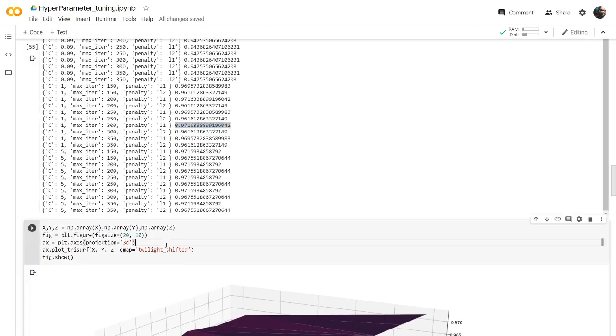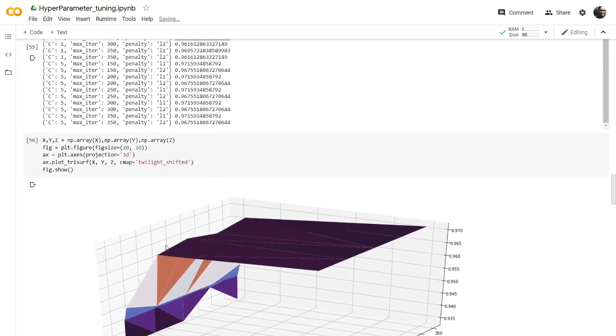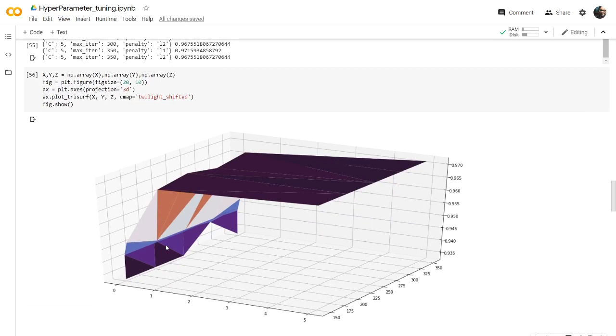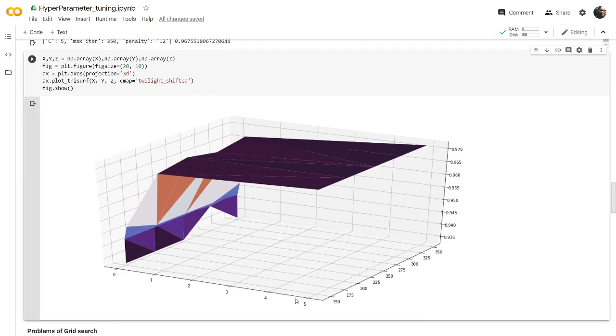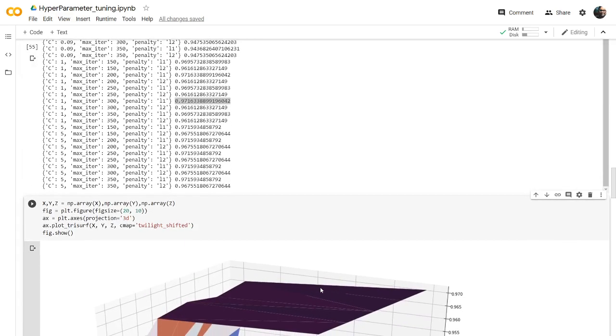And then let's just visualize these scores. I'm not using L1 L2 here, I'm just using the C value and the max iteration, because we can only visualize 3-dimension data. So we are using C, max iteration and the f1 score here. So you can simply see how these values are spread over the space. So you can see C as 1 here, and max iterations is 150, okay, 200, right?